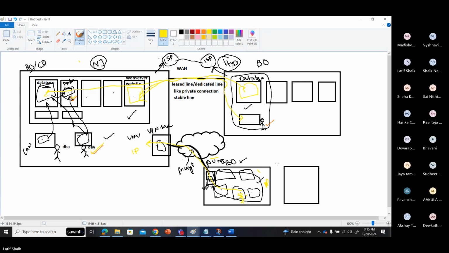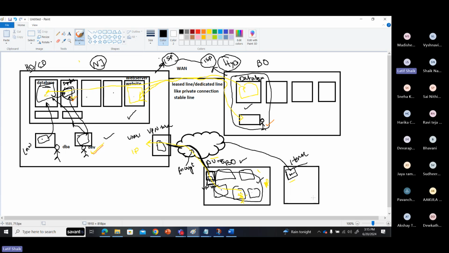Okay. So one more point: home. What is home? Home users, work from home. In work from home, you need internet. Anyway, you have internet there, and you use it to connect.